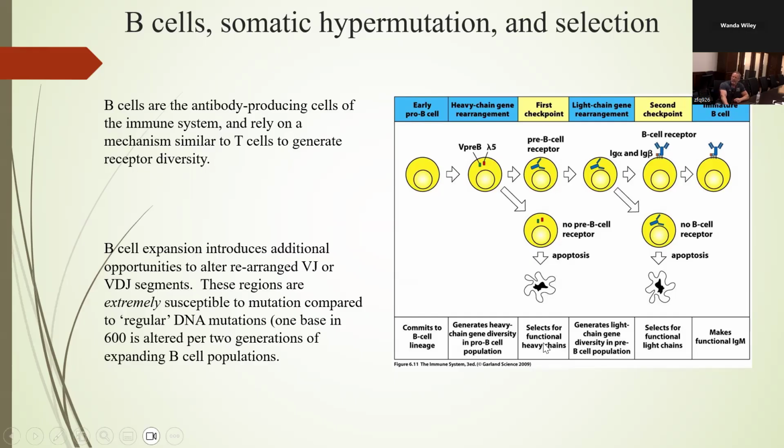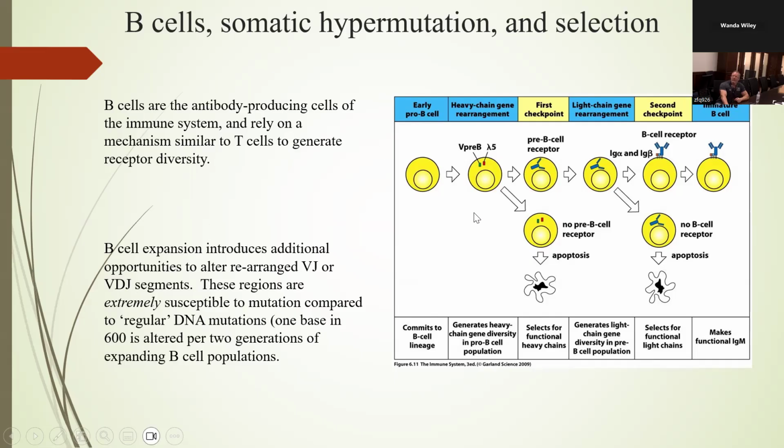Is the B cell able to make a receptor? Yes or no? Is that receptor able to be functional? Yes or no? If these two things are a yes, the B cell gets to survive. If either one of these is a no, the B cell is going to be recycled until it gets the job right. And again, B cells can go through this recombination process just like T cells can